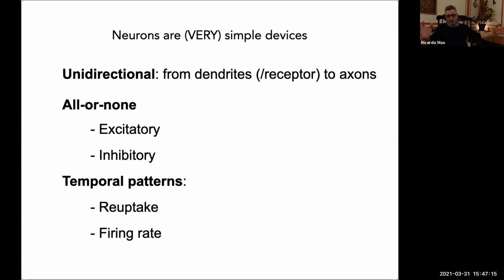In some neurons, all of them, they are very simplistic devices. They work unidirectionally from soma to axon. They either fire or not fire, and they can release either excitatory or inhibitory neurotransmitters towards the next neuron. And they all depend on the time to reuptake, and the difference of any event is